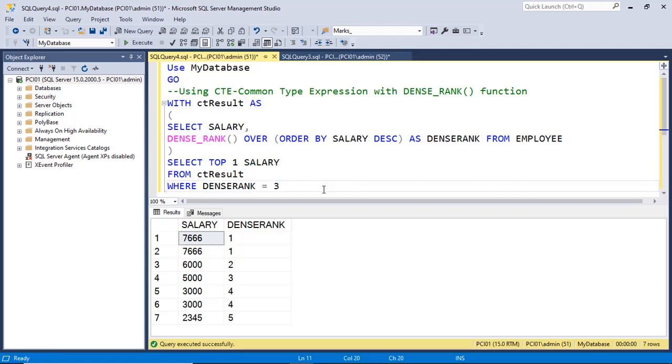It means we are finding the third highest salary. Suppose I execute this one, then it is 5000. If I say 1, it is the first highest salary. Because we are filtering the data from the CTE, the temporary result set, on the basis of the rank.